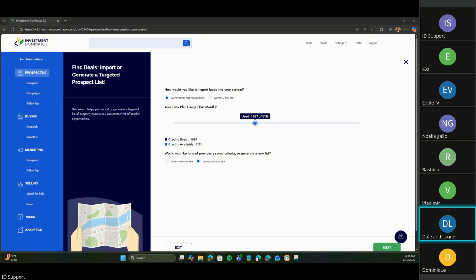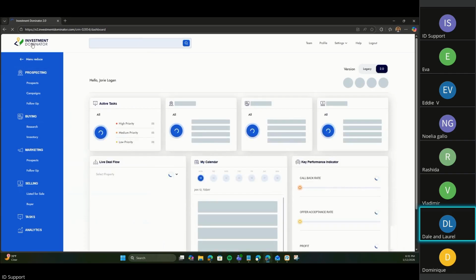Yes, you do want to start using the 2.0 version as soon as possible. The 2.0 is going to be the primary way to use Investment Dominator. But when I click on the 2.0, I can't figure out how to get it to prompt to ask for the information to fill in.